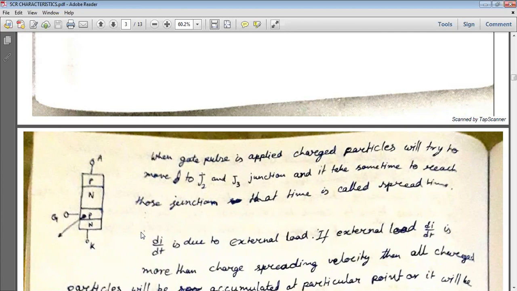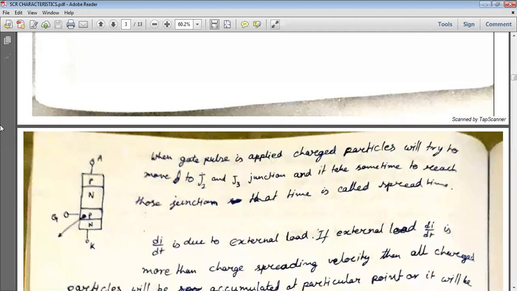So for controlling this situation, di/dt can be controlled by load changing. So the load can be a snubber. Snubber is a circuit used for preventing local hotspot, and also for external di/dt protection, for reducing the discharging di/dt.